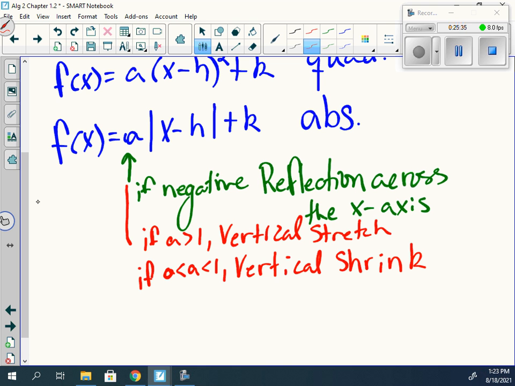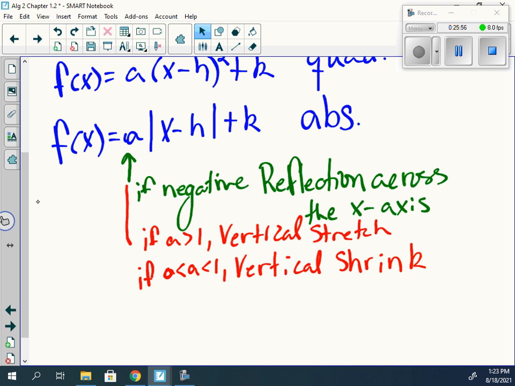So the vertical stretch and vertical shrink, we're going to come back to those. I decided to go on and have y'all put those down because that way you don't have to flip back and forth, because it's still attaching to the same thing. Now, the main thing with reflection is if that A value is negative, it's going to reflect across the